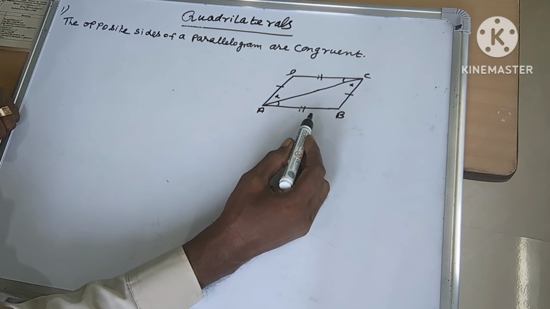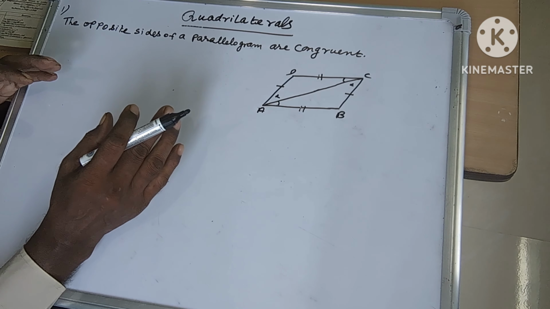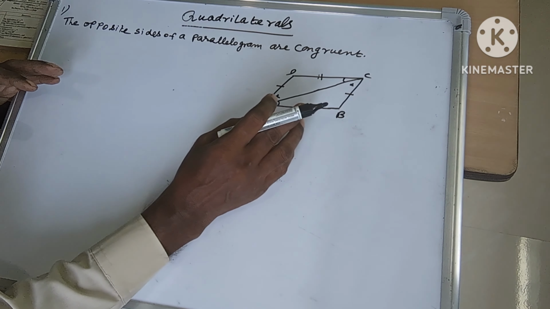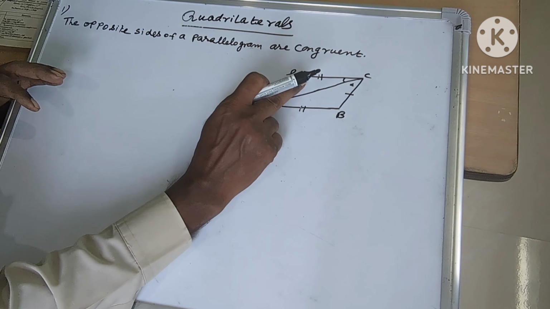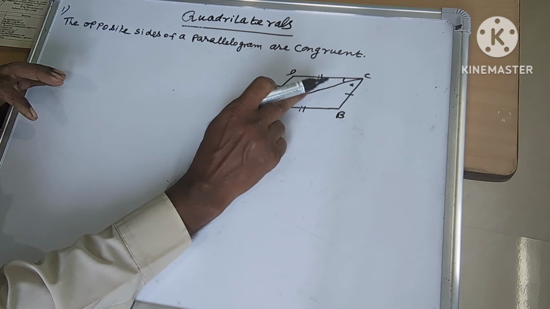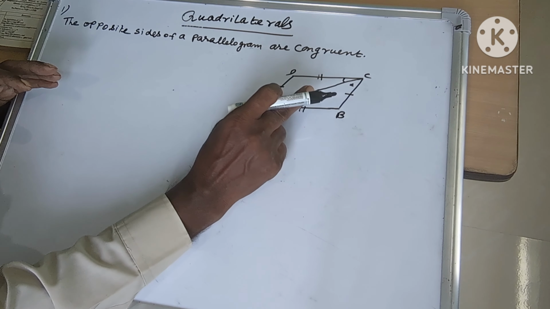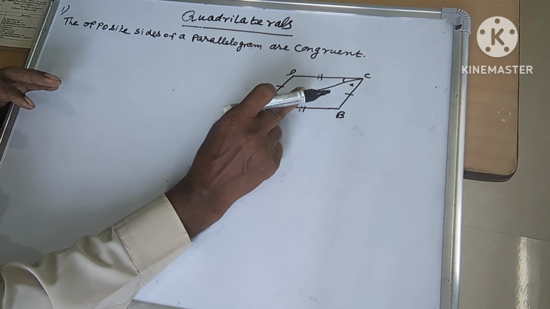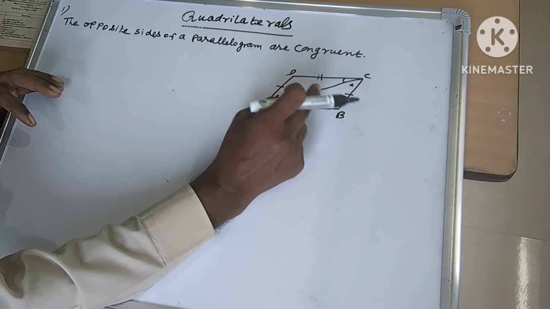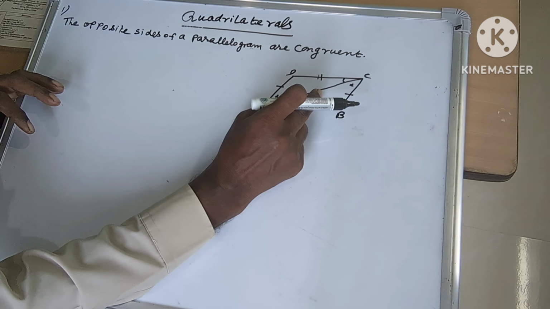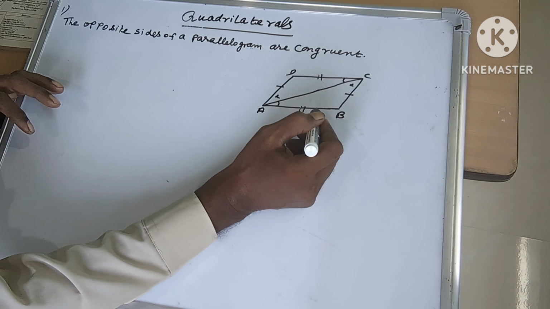So we have to prove this. Before that, first we prove the respective triangles: in this lower triangle and the upper triangle. First we prove these two triangles are congruent. These two triangles are in the same parallelogram. By joining the opposite vertices A and C, we have two triangles. Since this is a parallelogram, what happened? The opposite sides are parallel.